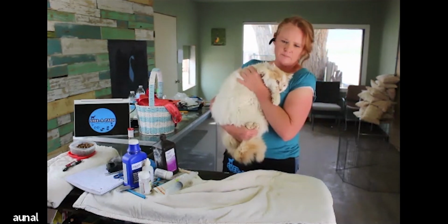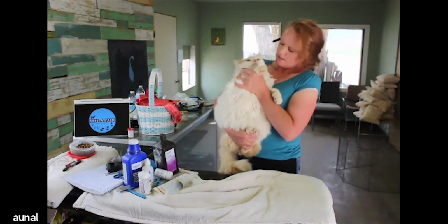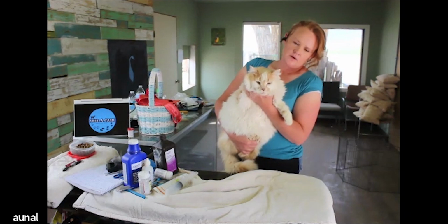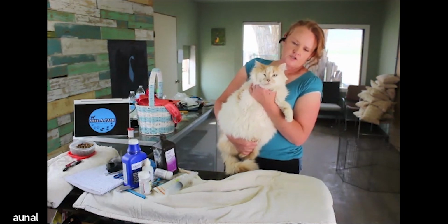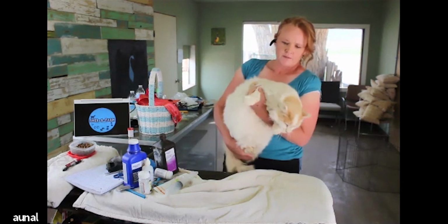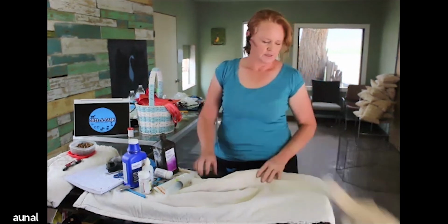But if they have pink eyes or congested eyes, it's something that you can wipe out and keep an eye on. And there's ointments and things that you can use. But if you use the wrong ointment, you can make some problems worse and some